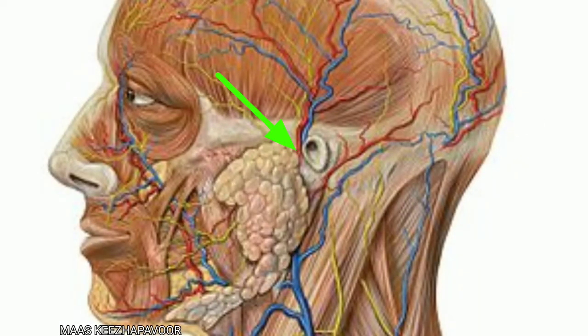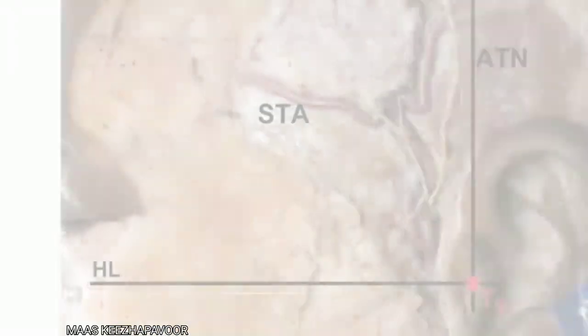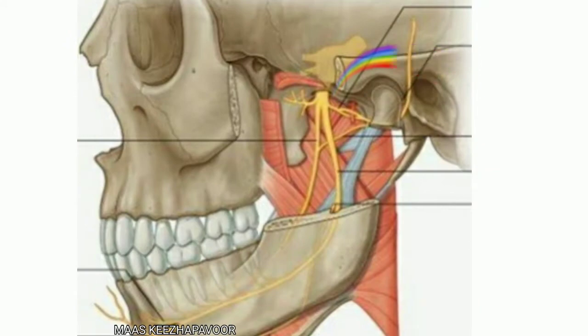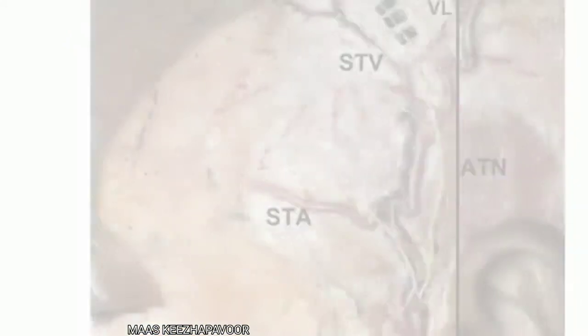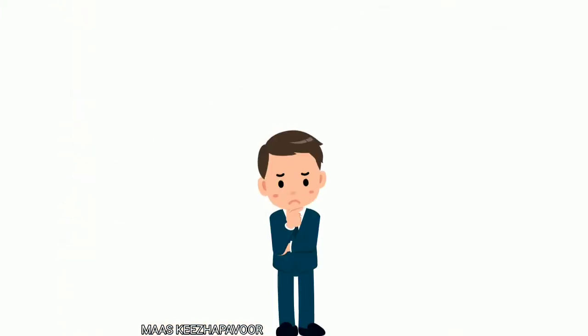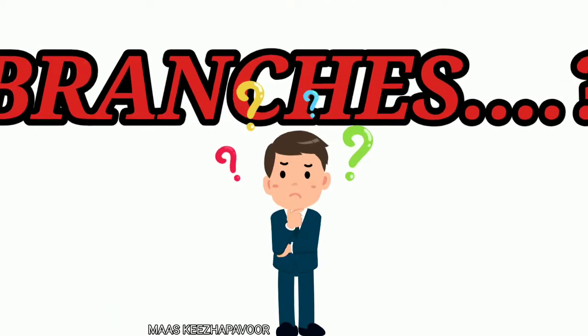It runs upwards, emerging from posterior aspect of the joint and continues its course upwards in front of the auricle but behind the superficial temporal vessels. It crosses the posterior root of zygoma and enters the scalp and ends by dividing into branches that supply the skin over the temple. What are the branches of auriculotemporal nerve?